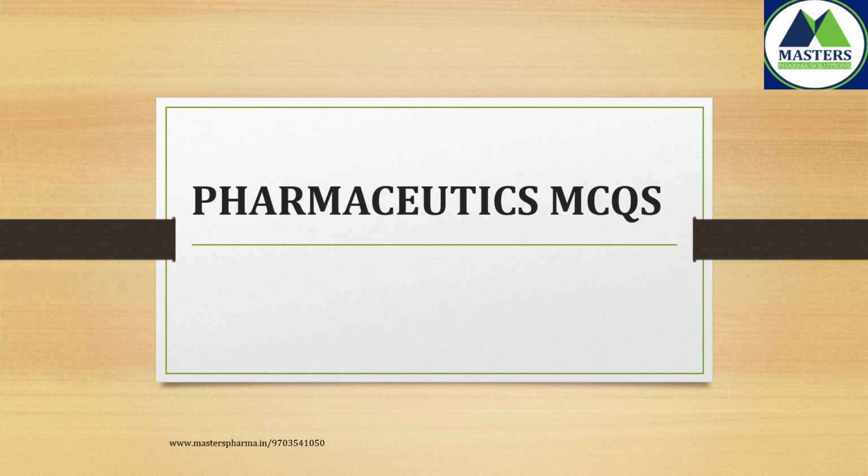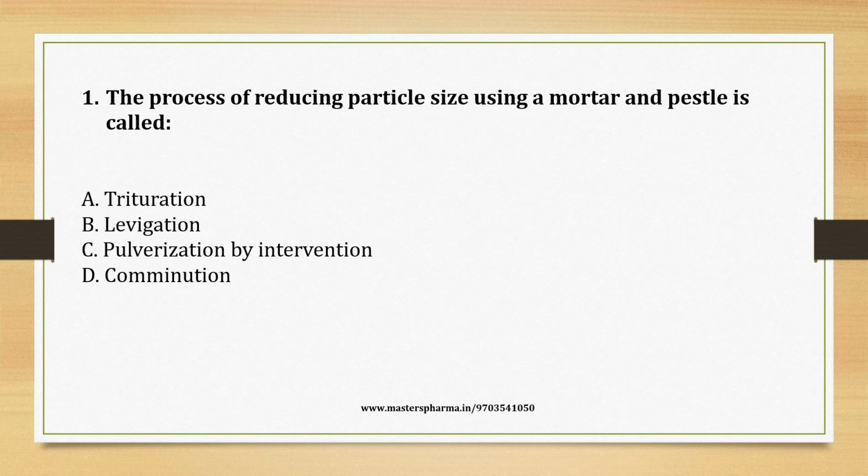In today's session, we will discuss some pharmaceutics MCQs. The first question: the process of reducing particle size using mortar and pestle is called trituration, levigation, pulverization by intervention, or comminution. The correct option is